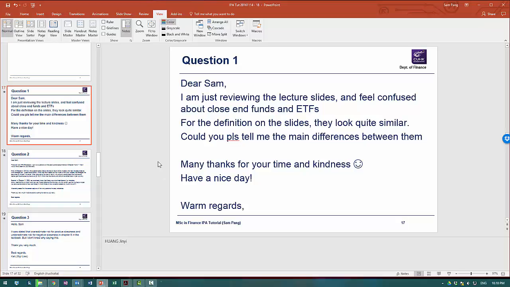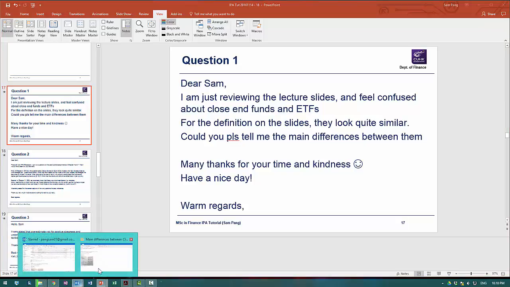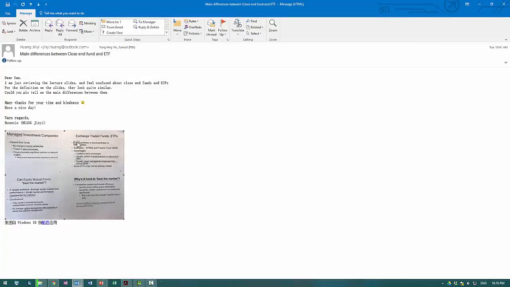Now, let me start with this one regarding the difference between closed-end funds and ETFs. For the definition on the slides, they look quite similar. This student is very kind enough to actually include the slides in question. I'm sorry if it looks a little bit small, but basically it looks as though closed-end funds do not differ from ETFs because they both trade in stock exchange,